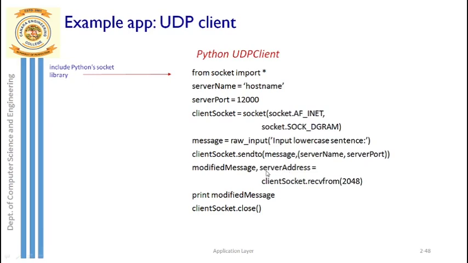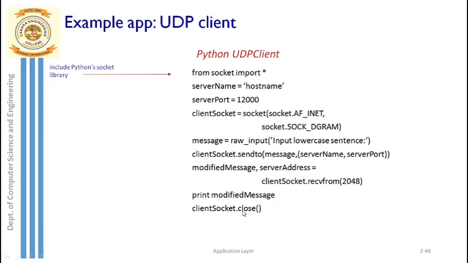You store that in the variable called server address. So this server address is the one which stores the server's IP address. Okay, so that is stored over here. Done. So anyways, server address and modified message are received, and once this is done, the client is simply displaying that particular modified message, that is the uppercase sentence, and after that the socket is no more used. So that client socket is going to be closed.